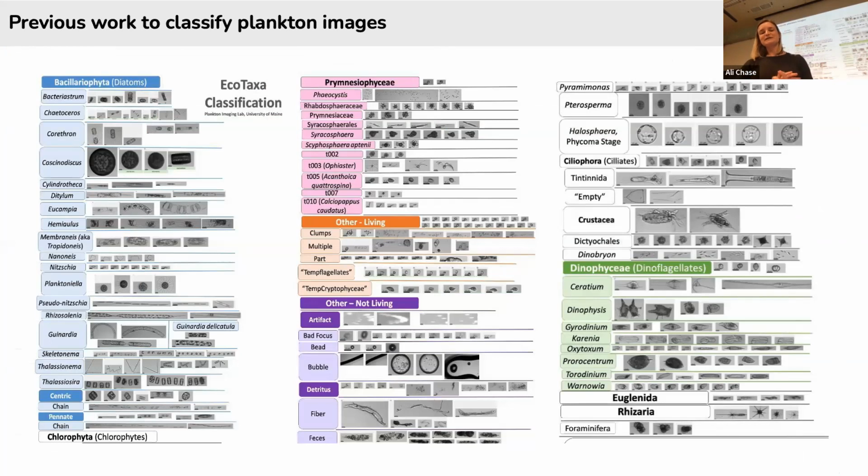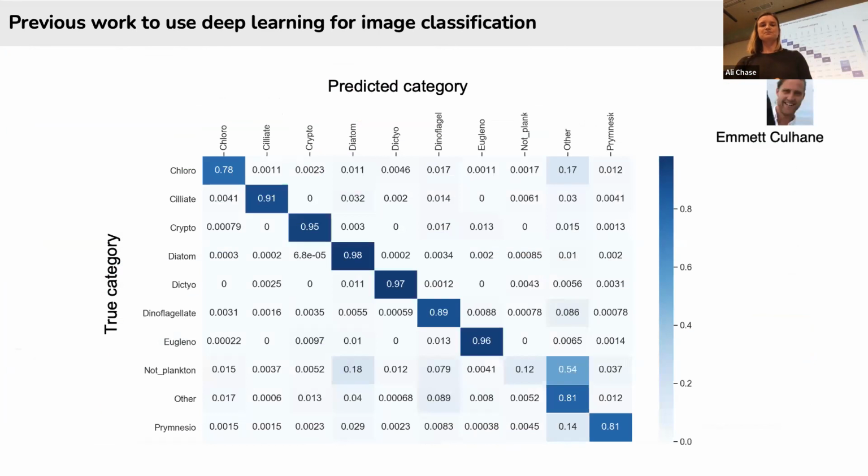Just to give you an idea of some of the work we did previously to define the different plankton types. So here are some beautiful images of all different categories. In the end, for our deep learning, we have used previously and are currently using sort of 7 to 10 taxonomic categories. But how many categories to use is an avenue of exploration.